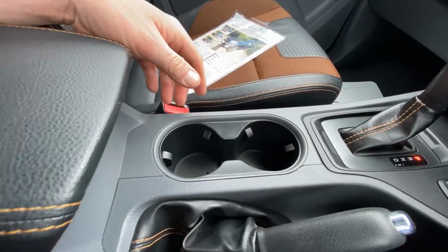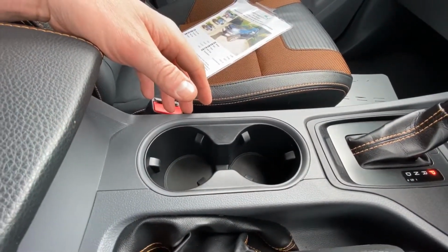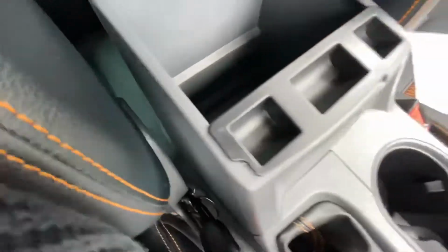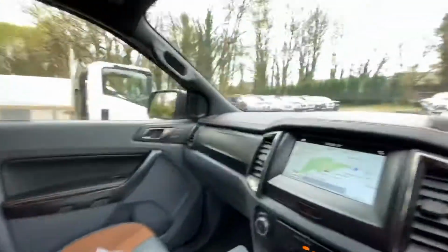It's one of those things that are an expensive job. So you've got your manufacturer's warranty, which is there to protect you for that. Cup holders. You've got an armrest with coin extras. That's an extra, believe it or not. Passenger seat